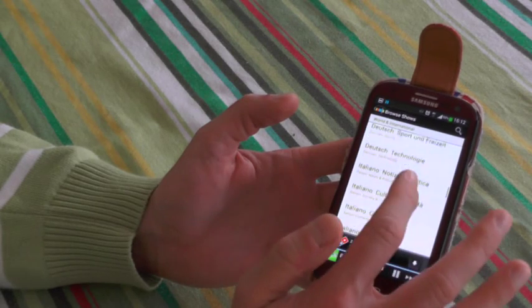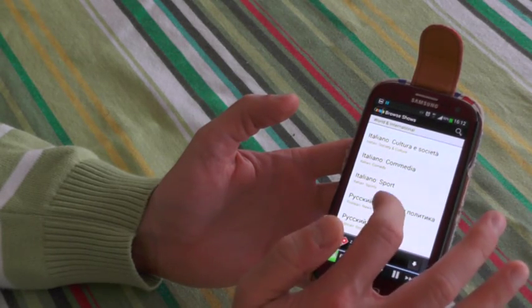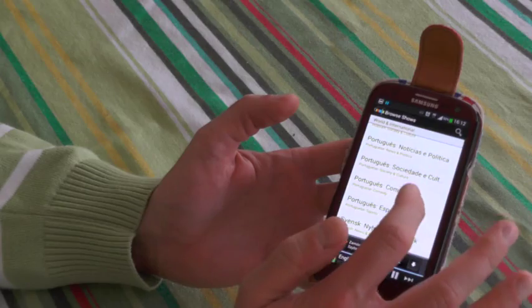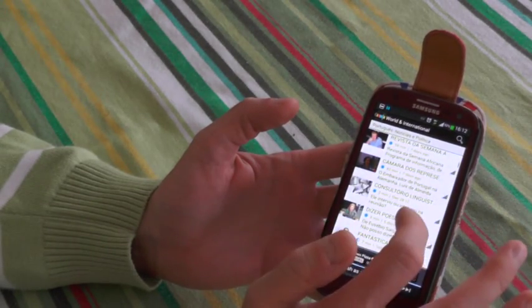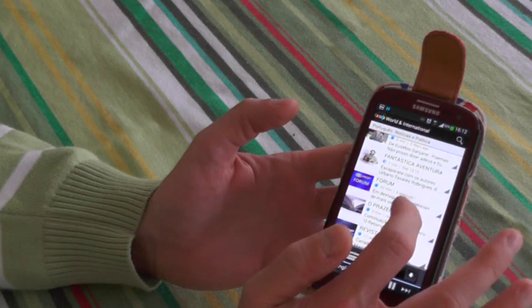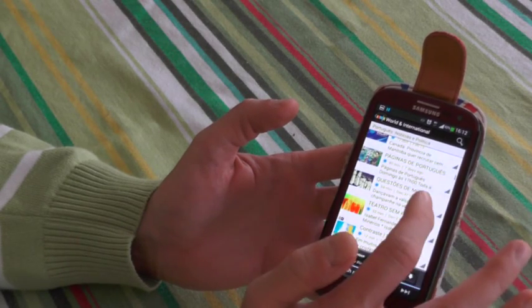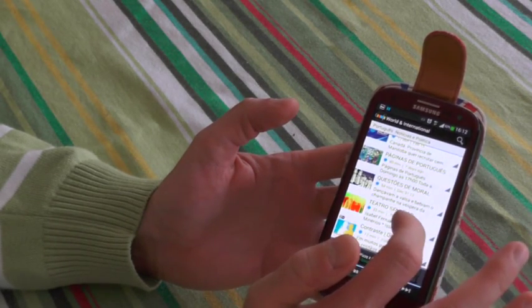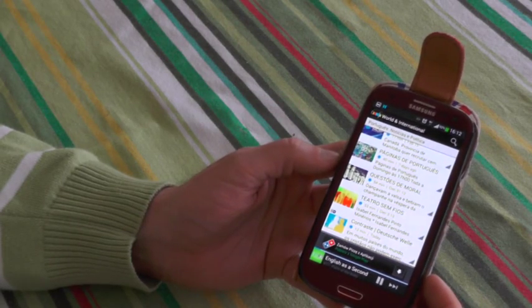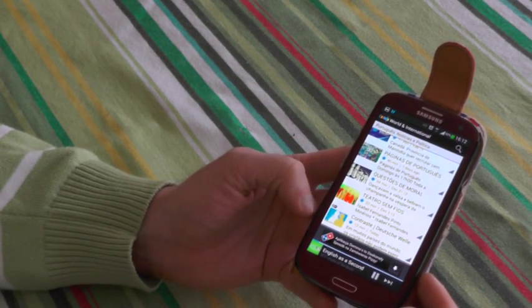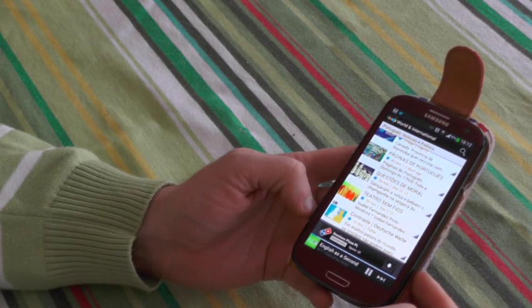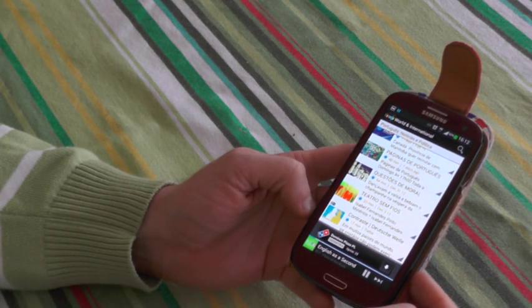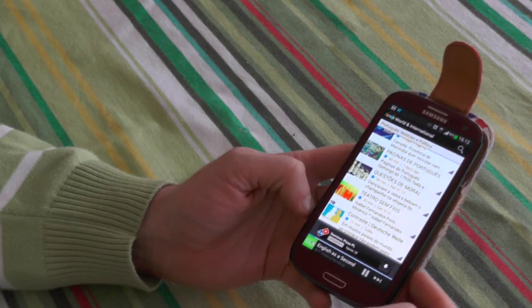So for example, what I do with my Portuguese, I go to the Portuguese section. Here we've got Notícias, Política, and for example Deutsche Welle prepares a very good news service in Portuguese. The same I do with Italian, with Spanish, with Russian. So whenever I have some time at the gym or on my way to work, I try to listen to various recordings from all over the world.